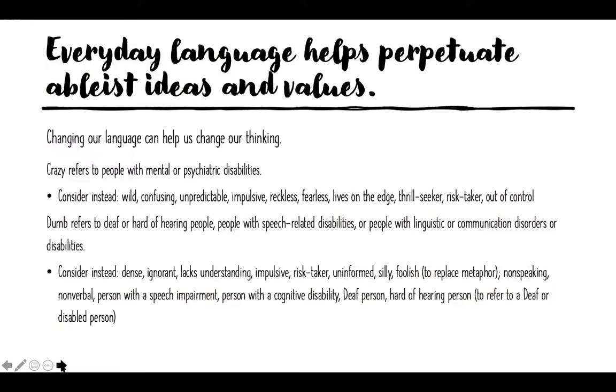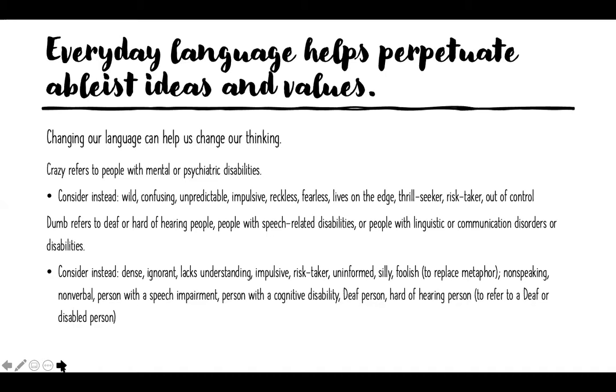So one thing about ableism is that it's expressed in language. Everyday language helps perpetuate ableist ideas and values. Everyday language, if we change that, can help us change our thinking. So here's some terms. Crazy refers to people with mental or psychiatric disabilities. Consider instead terms like wild, confusing, unpredictable, impulsive, reckless, fearless, lives on the edge, thrill seeker, risk taker, out of